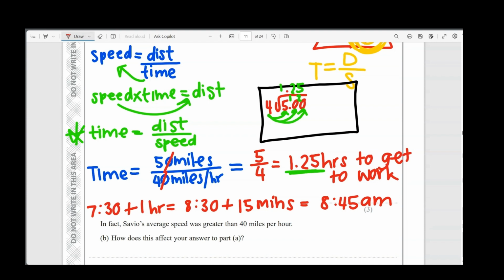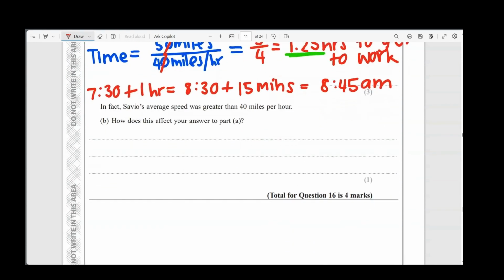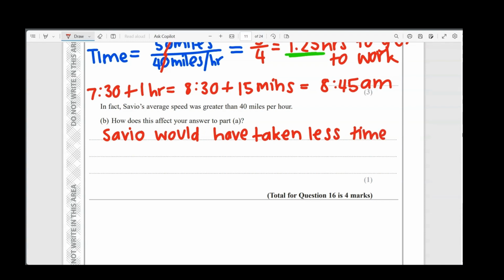Next up, in fact, Savio's average speed was greater than 40 miles per hour. So actually he was going faster than that. So how does this affect your answer to part A? Actually, Savio would have gotten there before 8:45 because if his speed was faster, he would have gotten there sooner. So Savio would have taken less time. So he would have gotten to work